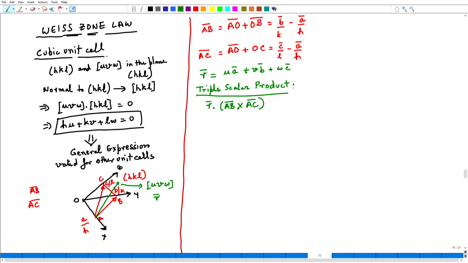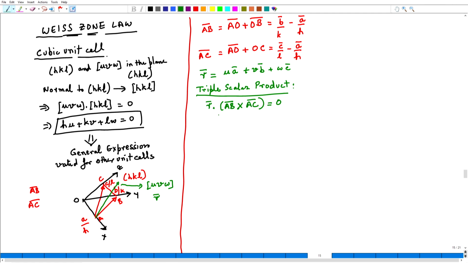So, this is called a triple scalar product, R dot AB cross AC. AB cross AC in the parenthesis would give me a vector which is going to be perpendicular to the plane ABC, and hence it will also be perpendicular to the vector R, which is a direction lying in the plane. Therefore, the dot product between this resulting vector, which is normal to the plane HKL, and vector R should be 0, which simply means